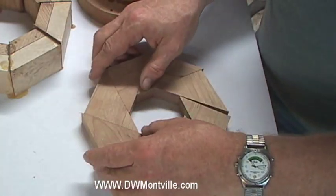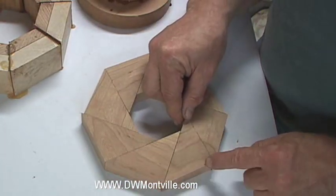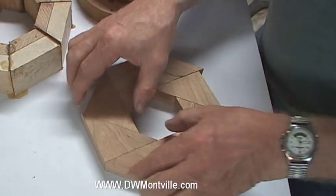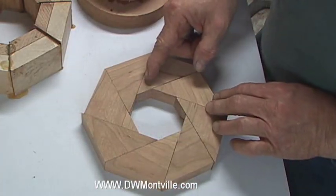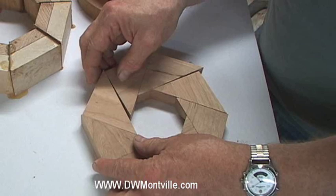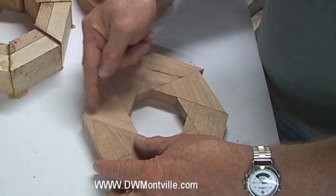Now, you see I still got the same circle. Why did I turn those pieces? Well, if you look carefully, you can see the grain is running this way, and this way, and this way. All the end grain is butted up to the adjacent pieces. If I don't flip this around, for instance, if I leave this piece like this, I'll still get a circle, but then as I cut that circle, I've got end grain on the